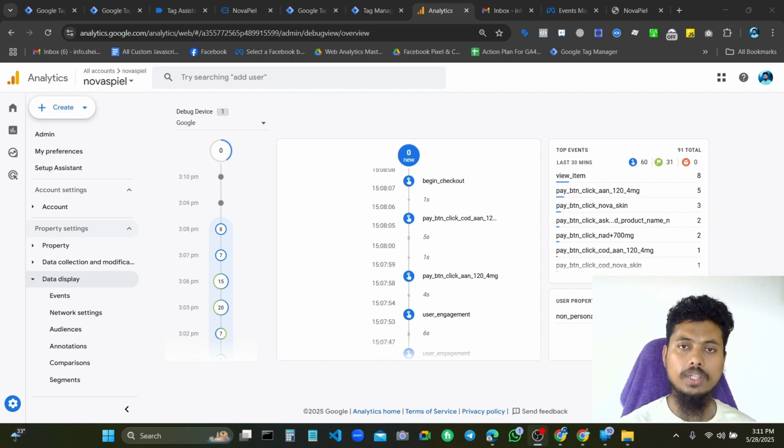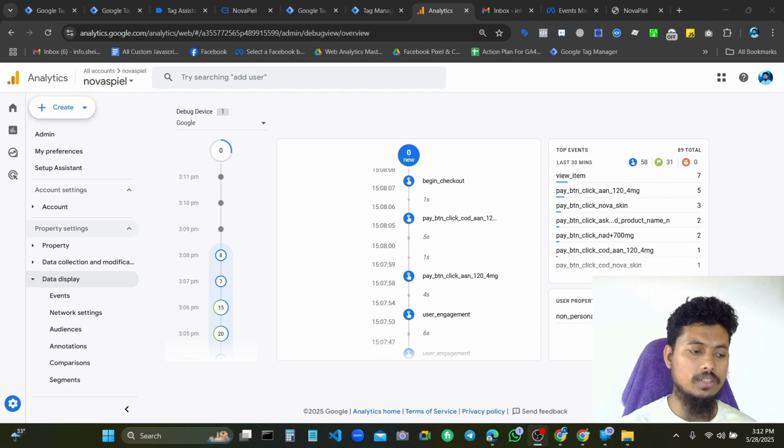Let's suppose a user clicks on a product, and each product has two buttons: one is COD, and one is PayPal checkout or GPay. We need to track two buttons for each product, and when a user clicks, the button will fire a custom event.